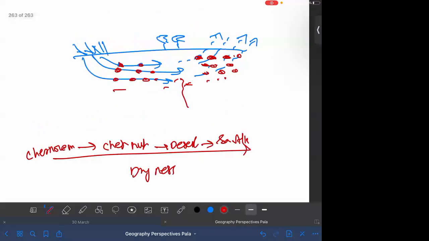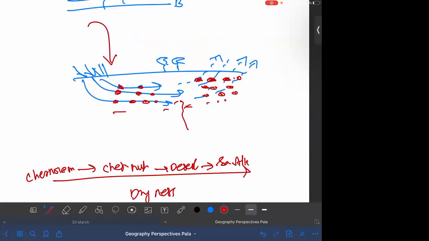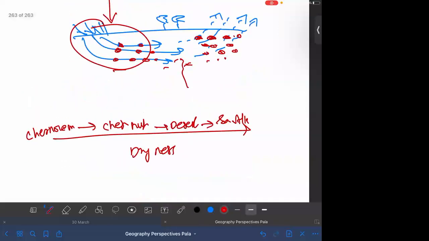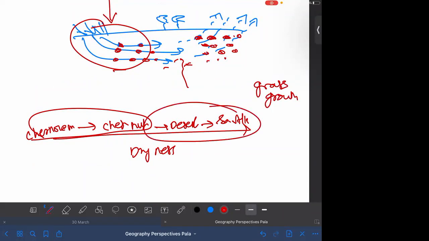So, when we introduce these conditions, which are not natural, because in Punjab getting water is not a natural thing, so when we give extra water, the balance is disturbed. So these are basically soils with capillary action. Chernozem and chestnut are soils like this, which are good for grass growth. Grass, just wheat is a grass, rice is a grass. But when the proportion increases, it becomes a desert or saline alkaline soil.